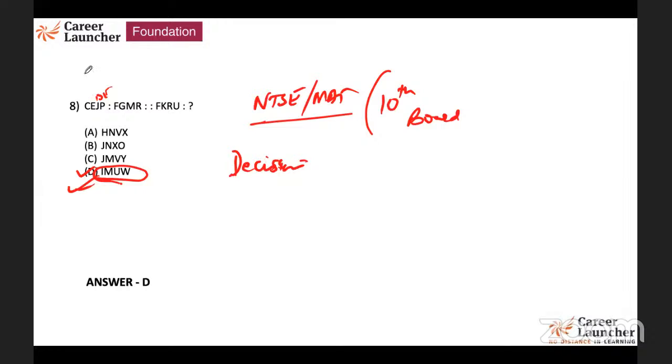Pratik, it's very simple. C to F, how many letters are there? E to G, how many letters are there? C, D, E, F, right? E, F, G, you will have to. So now F, G, H, I should be the next one after 2 letters. Then K, L, M should be the next letter. Likewise, you can continue. You will get your answer as D. You don't even have to do the entire story. You get the first 2, you will finish that answer. Fair enough, Pratik? Let's look at the next one.